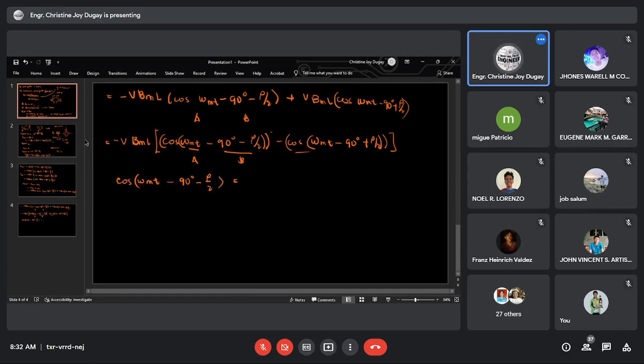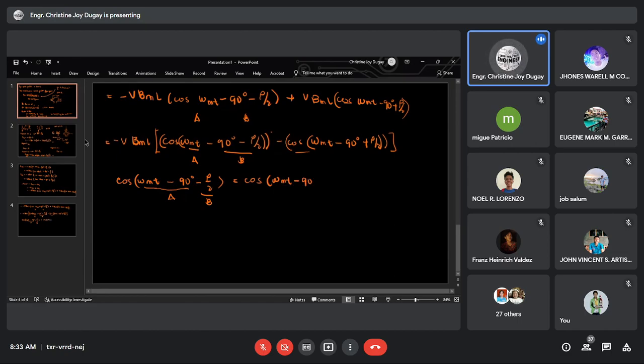If this is A and this is B, A ito. This is A kasi may angle siya hanggang 90 and this is B. Kailangan natin yung angle. Hindi pwedeng mawawala yun. So if that is A, this is B,